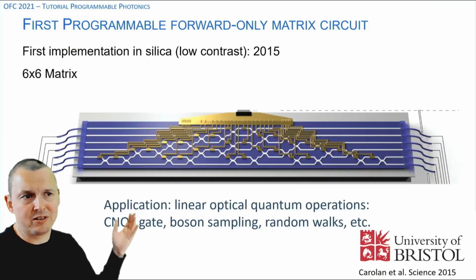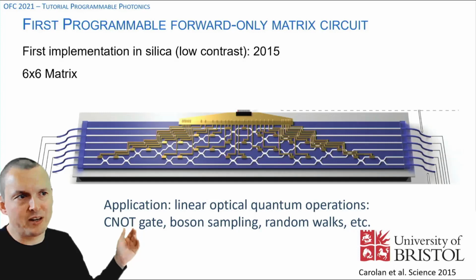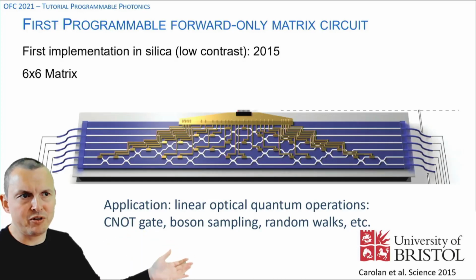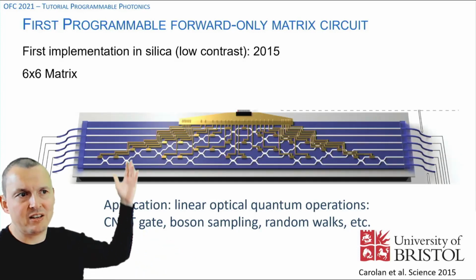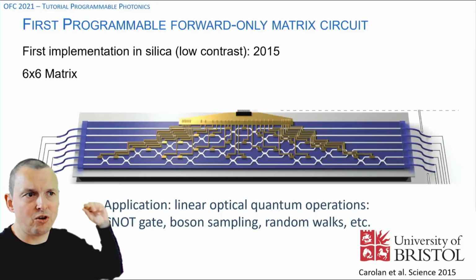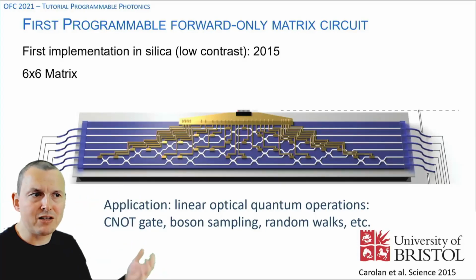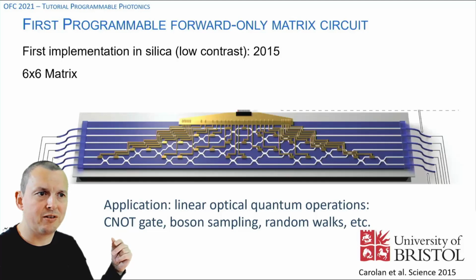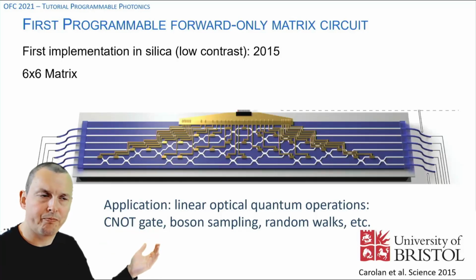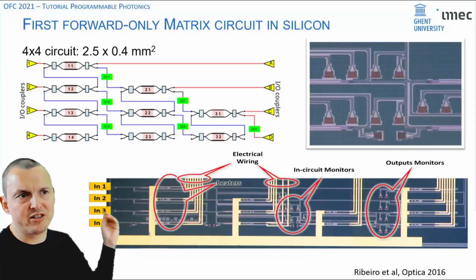And the first demonstration of such a circuit was already in 2015 by the University of Bristol, who implemented this in silicon, a low contrast waveguide material. So as a result, this is a fairly large circuit with 6 inputs and 6 outputs, several centimeters long. The first implementation in silicon